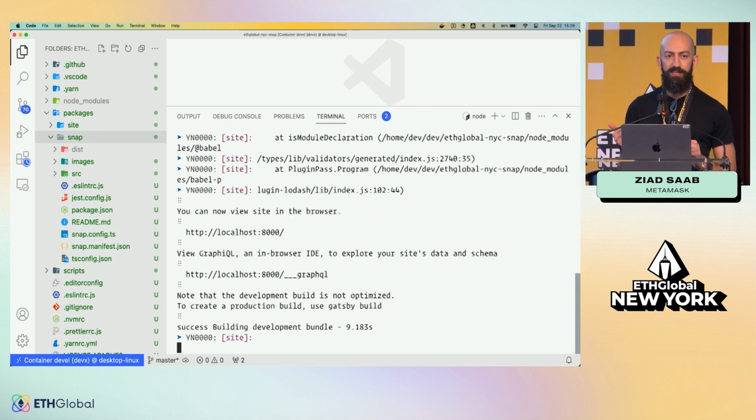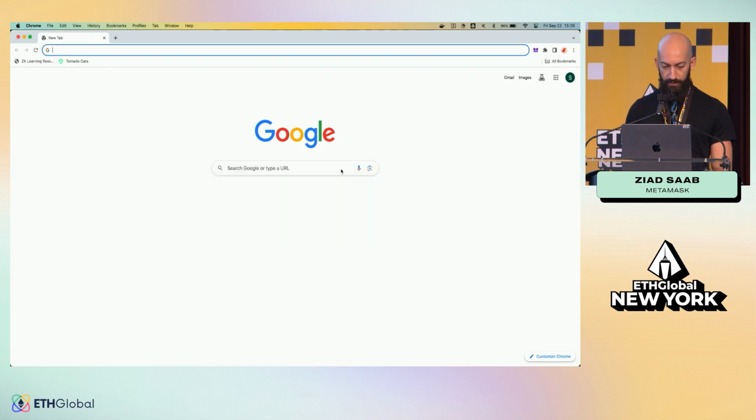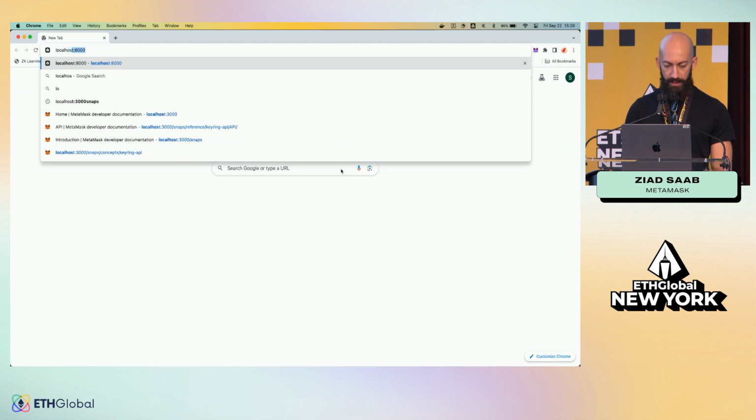And the second one is going to run the site package, which is a simple dApp that has a few buttons that allow you to install the snap, interact with it, and get started. It's built using React, and it's very easy to get started with. We're not really going to be looking at it today. It's basically a React site with some buttons that are interacting with the snap. And once the development server has executed, you can just go in your browser. You go to localhost 8000,